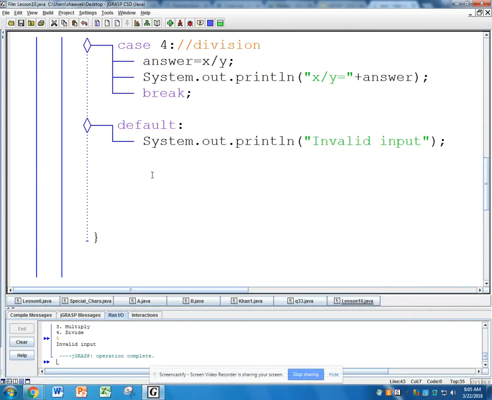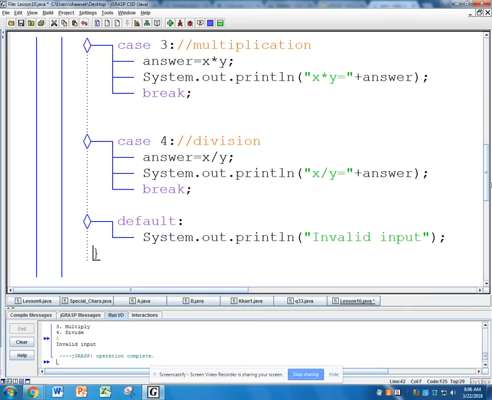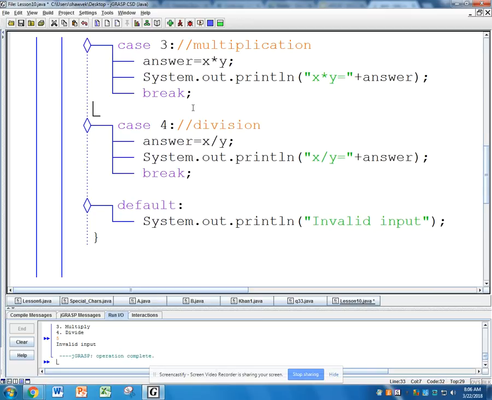So it's a quick way to do an if-else-if based on user input of either an integer or what we're going to do next, a character. Okay, so I think what I'm going to do is I'm going to